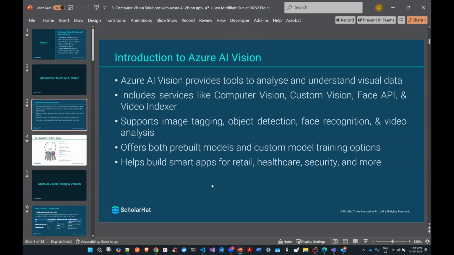For that we have the Face API, and we can analyze video as well. It supports image tagging, object detection, face recognition, and video analysis. For that we have pre-built models and custom models we can use.